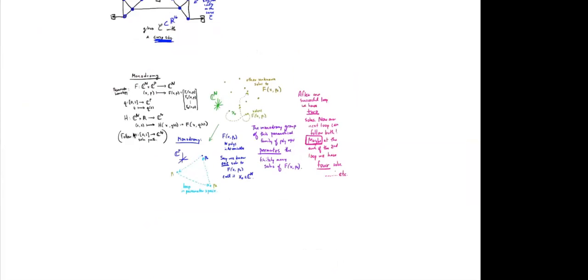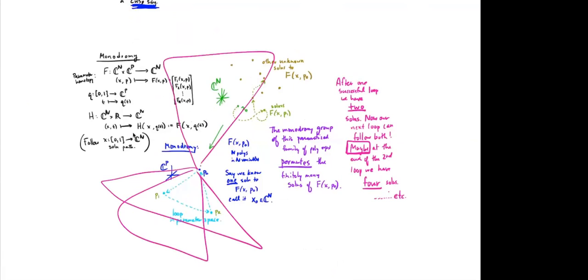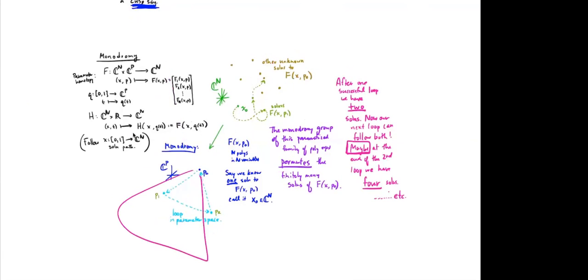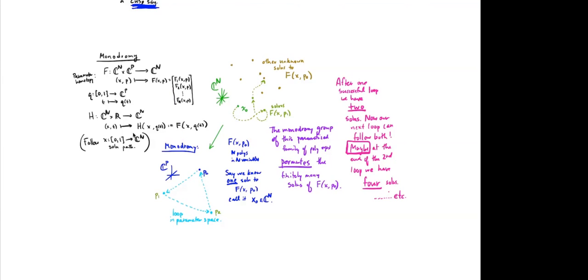Okay. But the great thing is that in practice, this just seems to work. You just take different loops and you come back, and pretty soon you have all the solutions. How do you know that you have all the solutions? Excellent question. You stop when you stop producing new ones, but